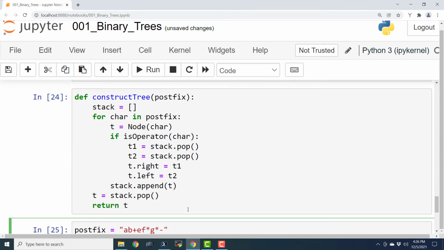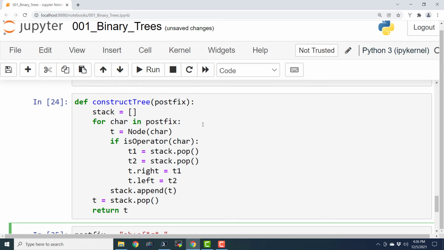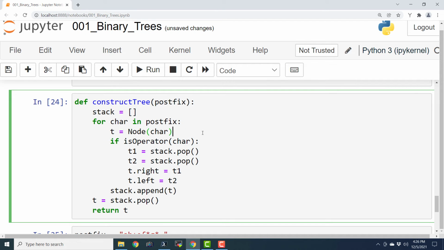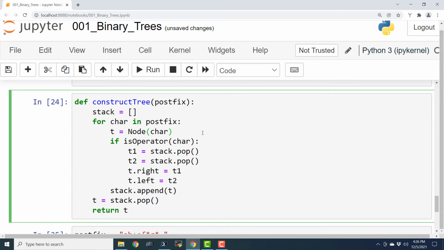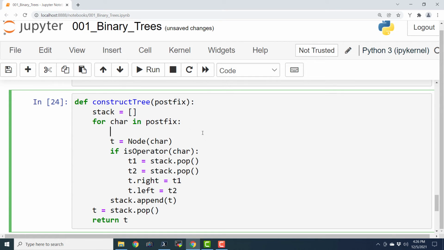Okay, now we can actually even write the statements that are going to debug our program. So I will just say created. Okay, so I will just print here the debug statement. Print red plus char and created a node.